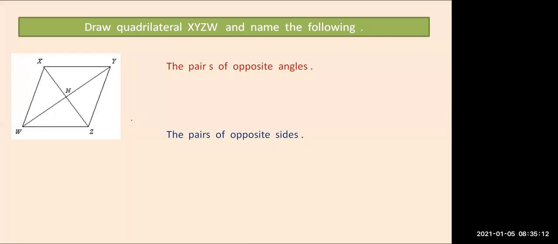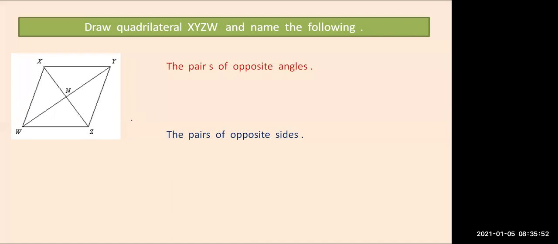The next thing that we are going to see is quadrilaterals. Okay. Now, draw a quadrilateral XYZW and name the following. This also we have seen in the last session. We have studied basic concepts of quadrilateral. What is a quadrilateral? A quadrilateral is any figure with 4 sides. It should have 4 sides, then we will call it a quadrilateral. There are various types of quadrilaterals, such as square, rectangle, rhombus, kite, trapezium, diamond, parallelogram.